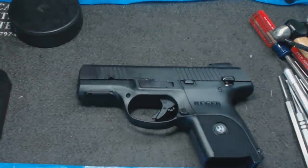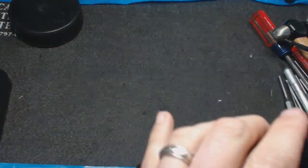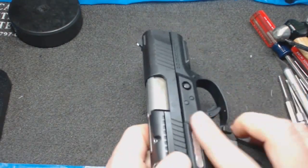Shout out to my friend who let me borrow this one, and I guess mainly his wife, who's actually the one who owns it. So anyway,